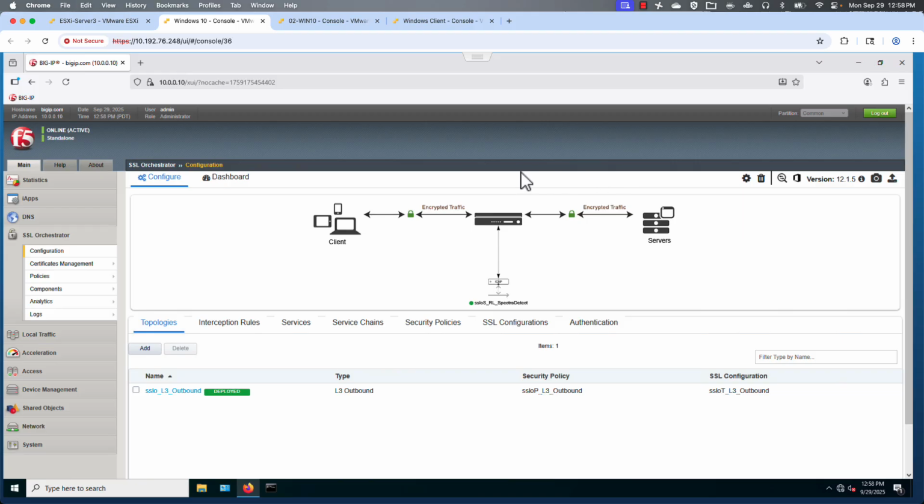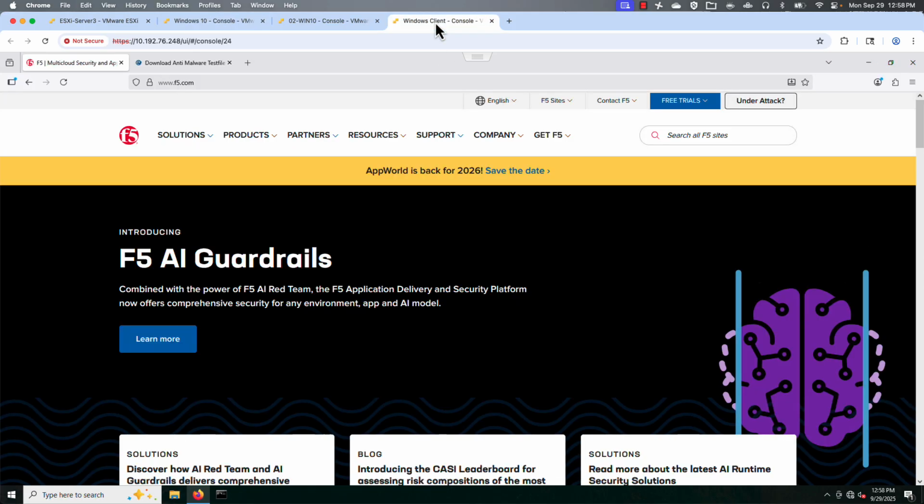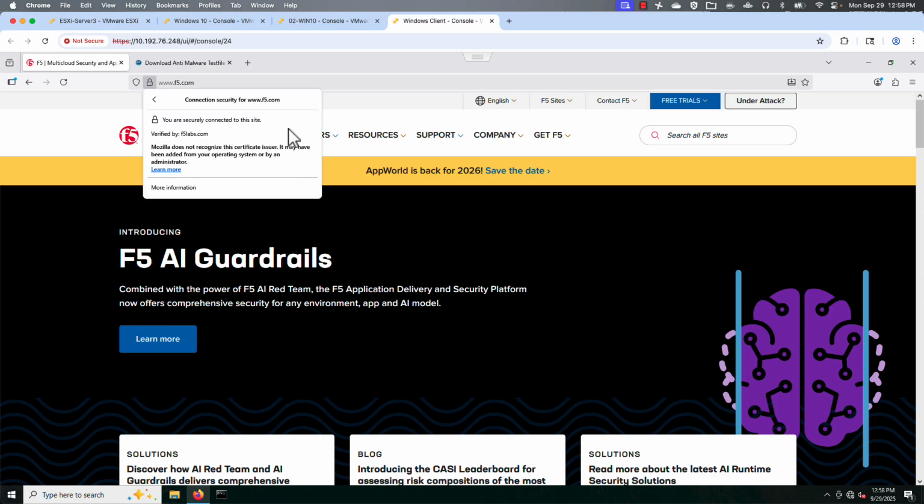Let's go ahead and look at a Windows client. I have this Windows client here, and it connects to the internet through the SSL Orchestrator. And you'll notice that this certificate is verified by f5labs.com. Normally it's verified by Entrust, but this indicates that the BIG-IP is successfully performing SSL decryption for this